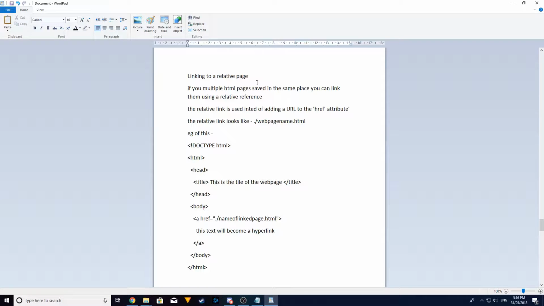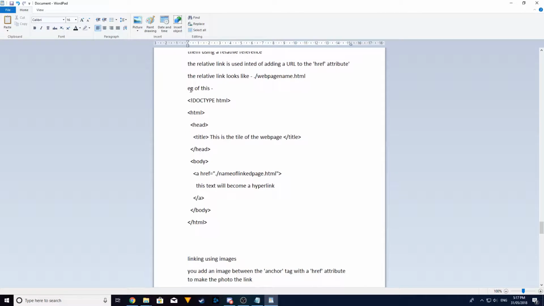Linking to a relative page. If you have multiple HTML pages saved in the same place, you can link them using a relative reference. The relative link is used instead of adding a URL to the href attribute. The relative link looks like ./ and then the file name. An example of this is